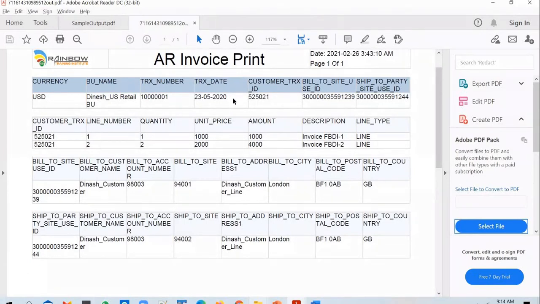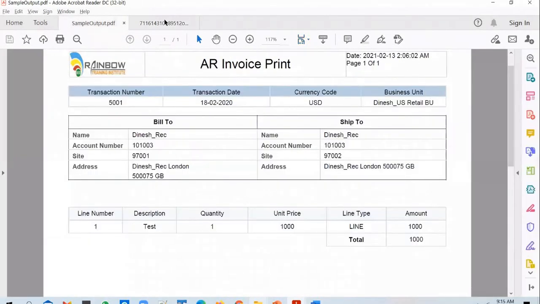And in each group, there are a few columns that you have selected, right? So all those columns will be printed, whether it is an ID or not, it doesn't matter. Oracle will not use any intelligence. It will print all the columns by default. So do you think it makes sense to print the customer transaction ID or a bill to ID and a ship to ID to the customer? So if I'm looking at this report output as a customer, I don't care what ID is assigned to this transaction in ERP Cloud, or do I? It doesn't matter to me, right? So customer wants to see only these 4 details, right?